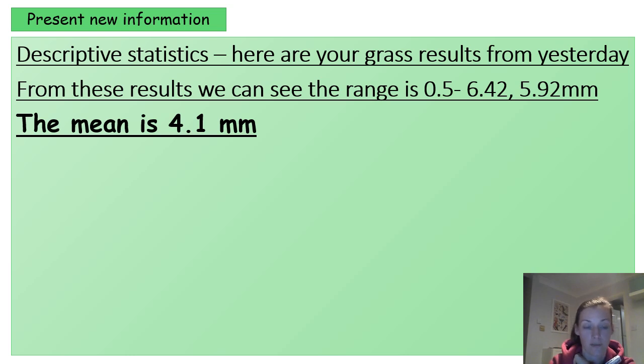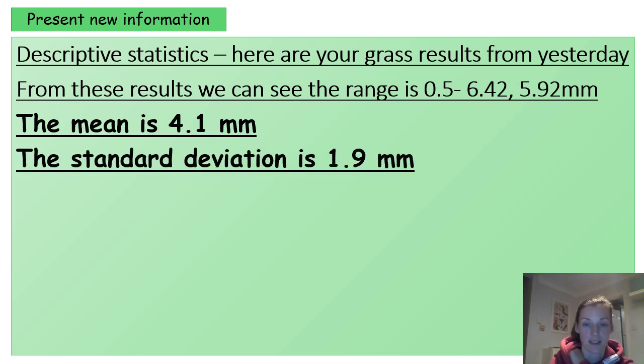I've got a formula that you can use on an Excel spreadsheet. You just put in the cells that you want to do the standard deviation for, and it does it for you. So nice and easy. We've got here our standard deviation is 1.9 millimetres. So that's saying that 68% of the grass that you guys sampled yesterday would have been either side of 4.1 millimetres, by 1.9. So most grass would have been between 2.2 and